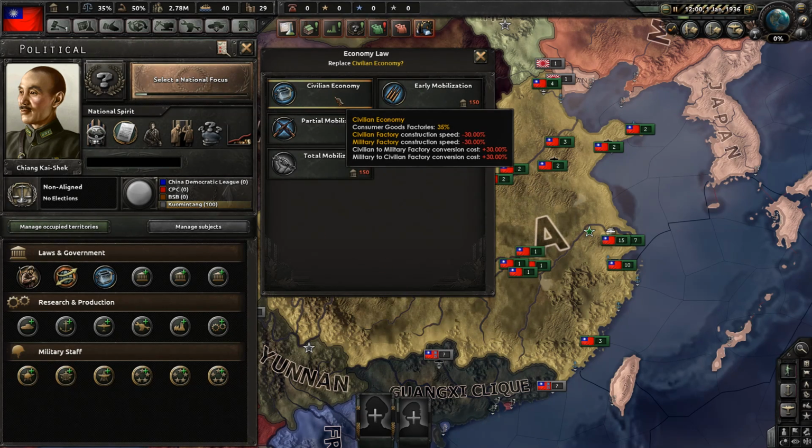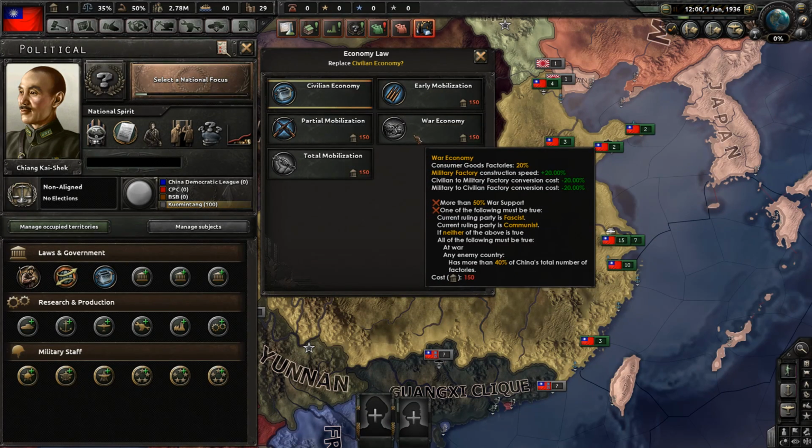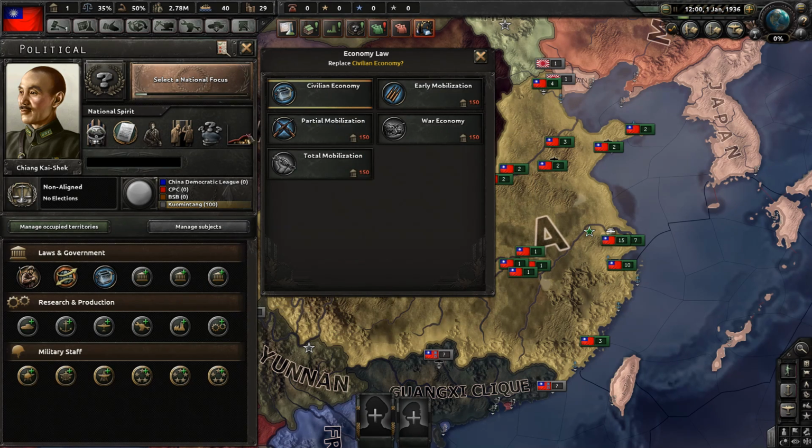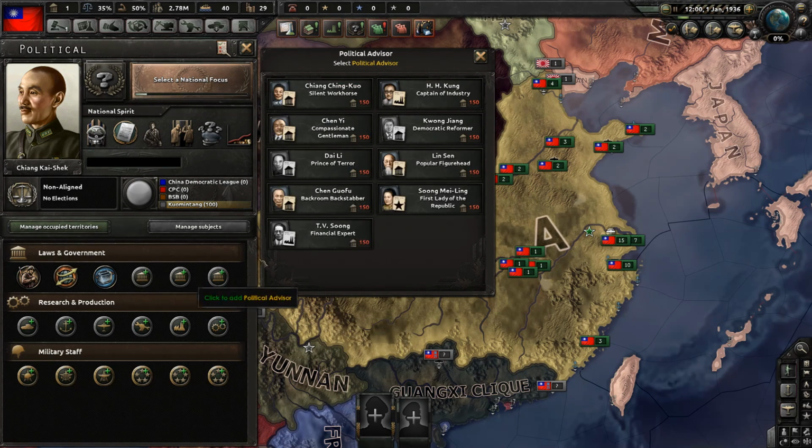And then we start up with a civilian economy, which requires 35% of our factories at base, and also slows construction speed. So that's really bad. So you want to try and work up to a war economy, but that's going to be kind of a long time from now. At the very least, try and get partial mobilization, I think, is what we're going to aim for. Also, what's going to be very important is to get advisors that give us more political power,